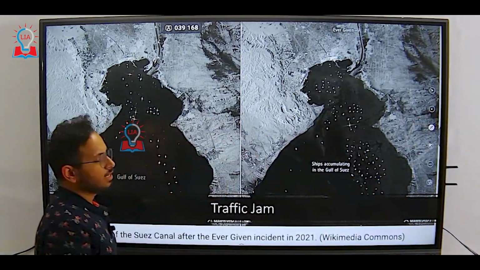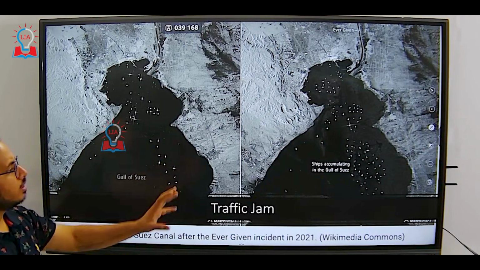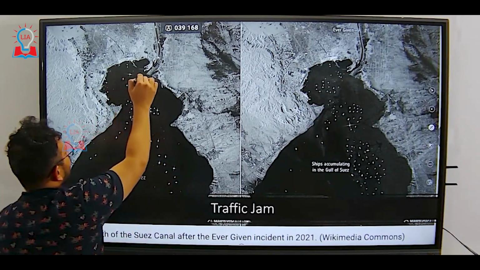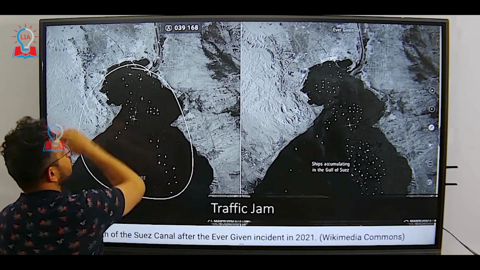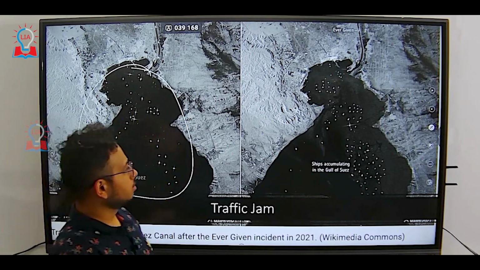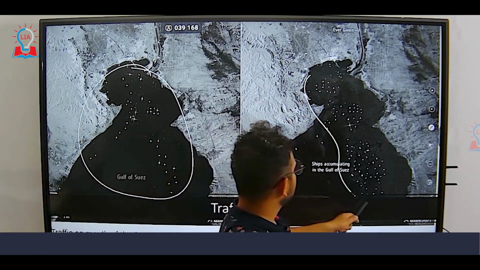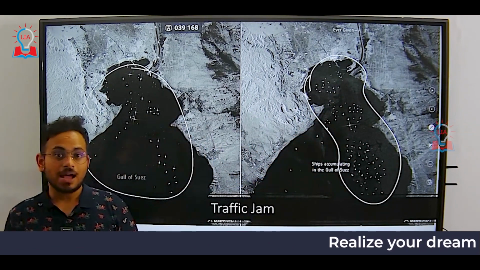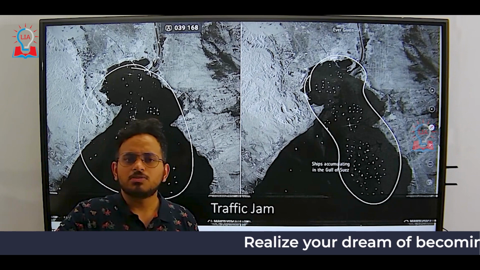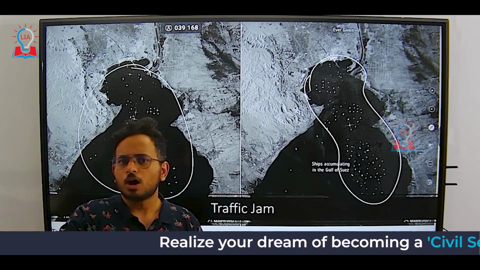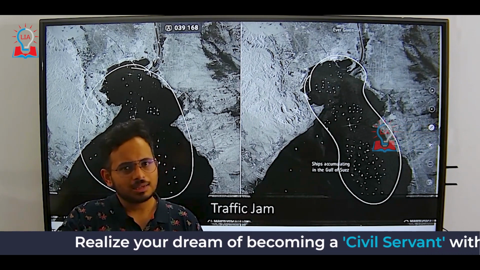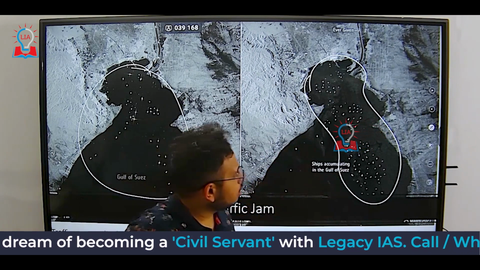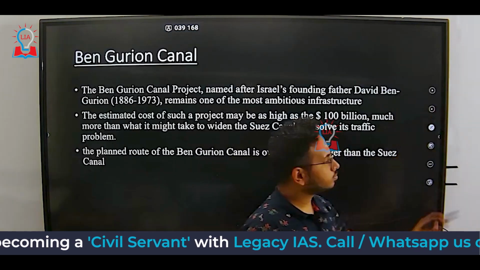This image will give you a very clear idea about the traffic jam that we were talking about. These small dots that you see are the ships that are there. Look here, accumulating in the Suez Canal. Because of this traffic jam, there's a lot of damage happening to the ships, and this becomes very uncertain. You won't know by how long the consignment will take to reach its destination. In order to solve all these problems,